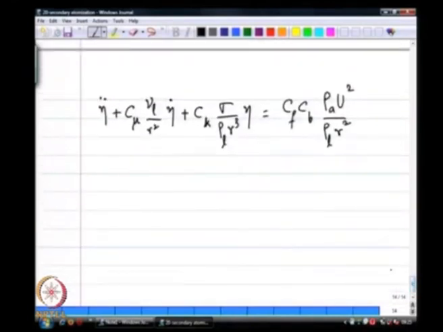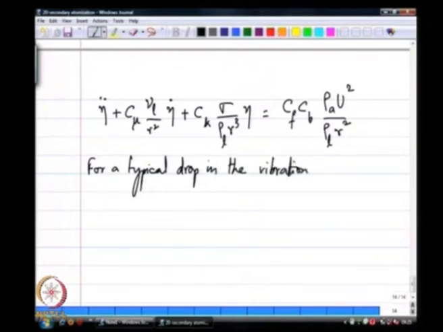Now, this is a linear second order ordinary differential equation in eta, and for the right set of values, in fact we do not have to assume, let us say for the right set of values for a typical drop, the system is under damped,